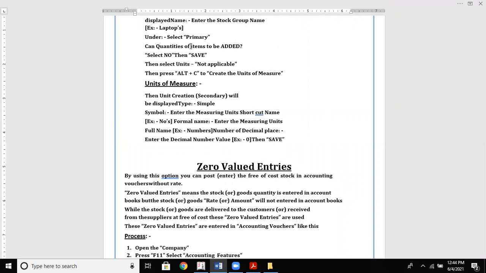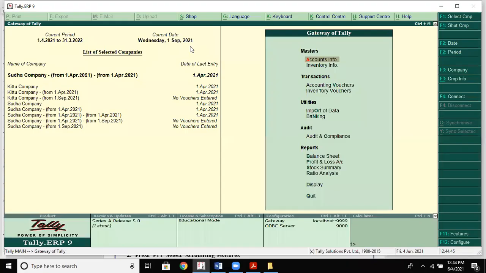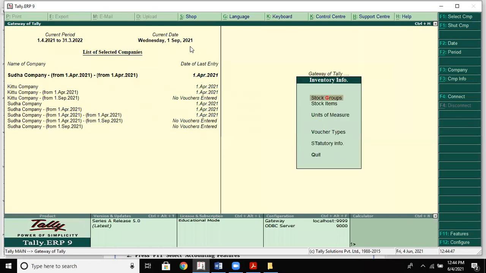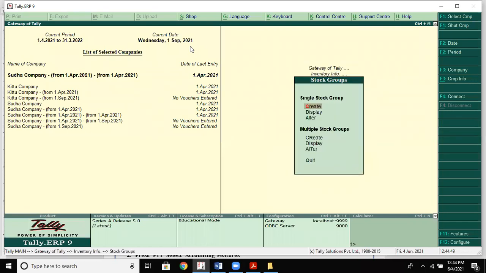So no need of getting into backwards. So there itself you're going to create it all C. Okay. Now let's see. Inventory info, stock groups create.